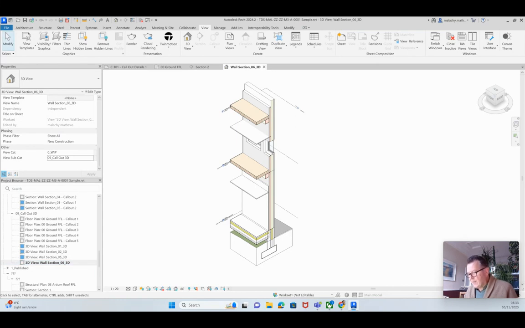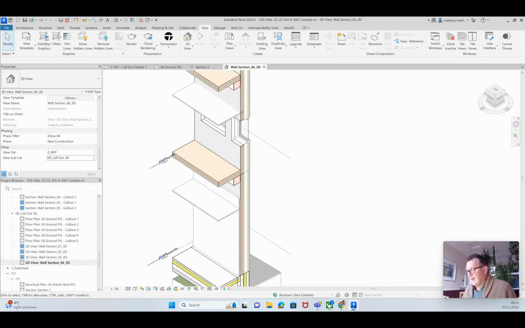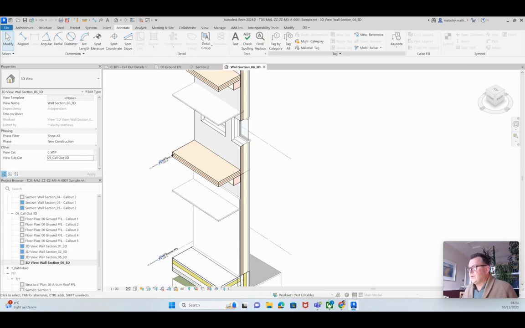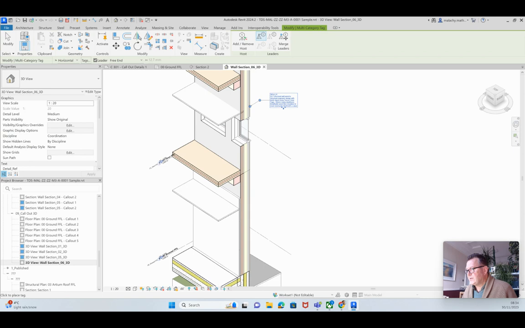Now, once you've renamed it and you have placed it into the correct subcat folder in your project browser, you can go into the unlock 3D view, save the orientation, and lock. Now, the reason why you do that is that if it is locked down into place, you can now go into your annotate and your multi-category tag, and anything that you have tagged,